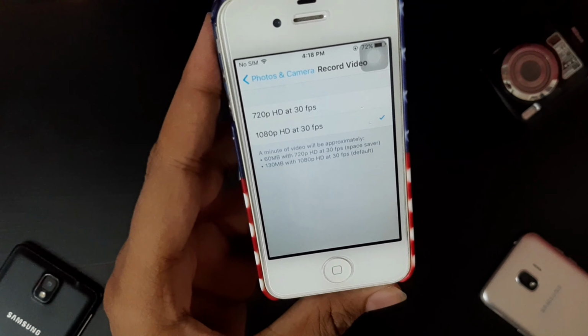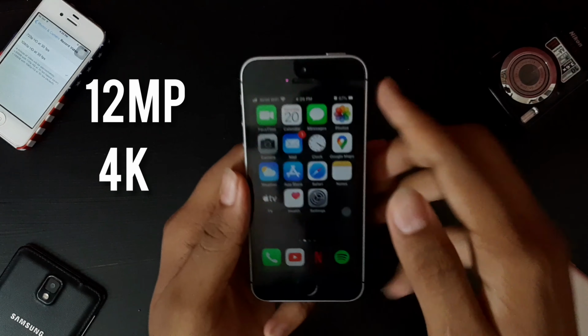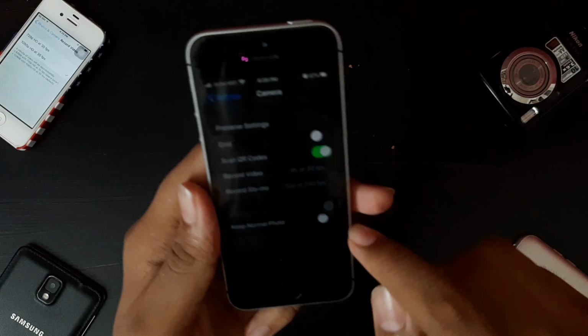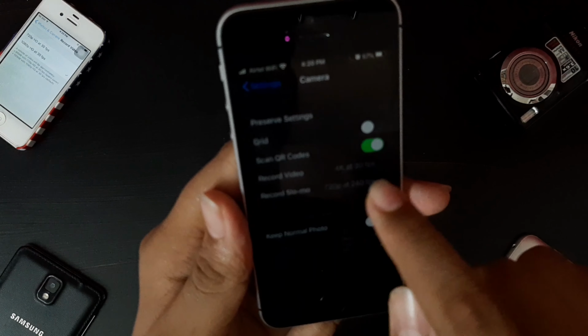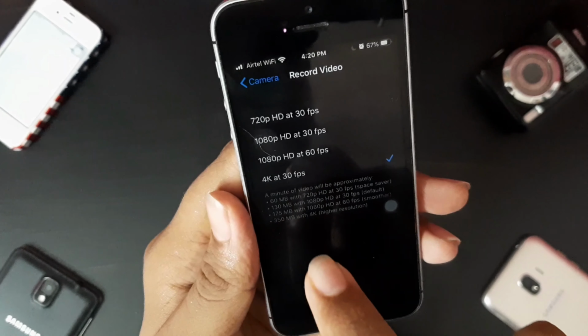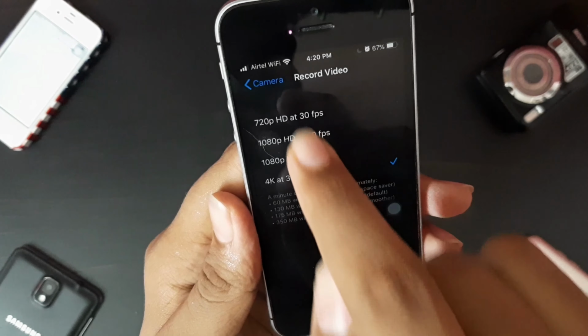Unlike the 4S, the iPhone SE has a 12 megapixel camera which can shoot up to 4K videos. If you go into settings and search for camera, you can see here that it can record video up to 4K at 30 frames per second, and 1080p and 720p also.